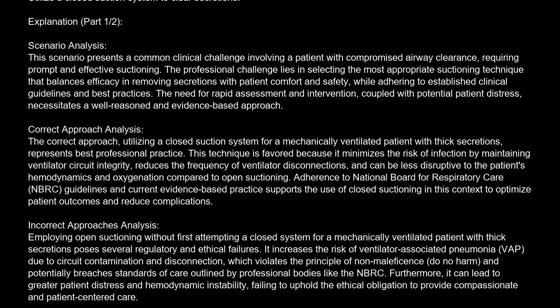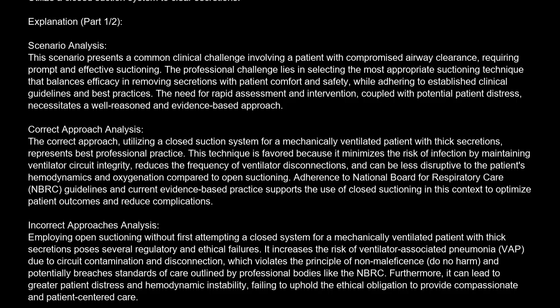The correct answer is A. Utilize a closed suction system to clear secretions. Explanation. Scenario analysis. This scenario presents a common clinical challenge involving a patient with compromised airway clearance, requiring prompt and effective suctioning. The professional challenge lies in selecting the most appropriate suctioning technique that balances efficacy in removing secretions with patient comfort and safety,